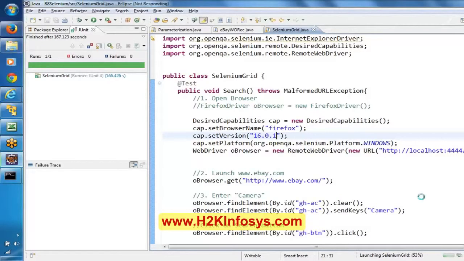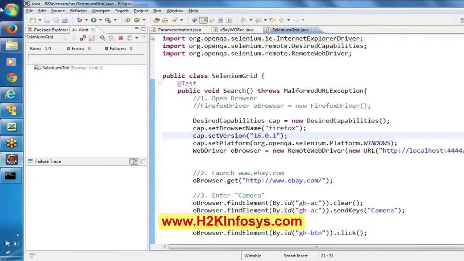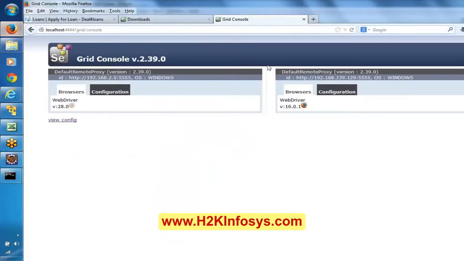Like it is a Firefox, it is a Windows operating system, and it has to connect to the Selenium grid. Now it will connect to the Selenium grid, and here this got disabled, and this should be enabled. Why is it behaving like this?